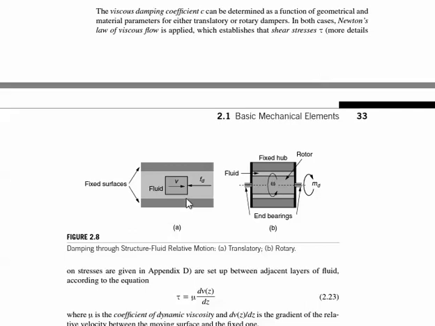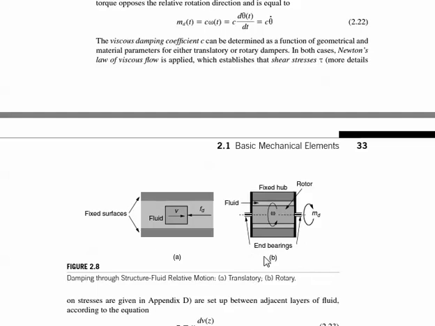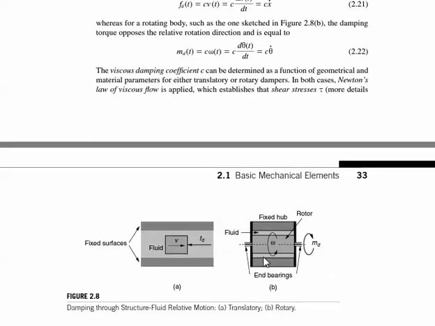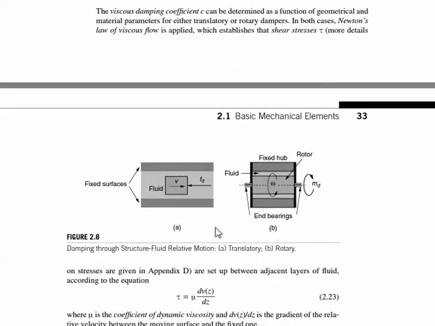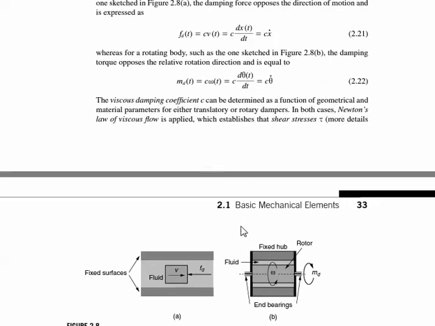Everything in between has a varying velocity, and there are shear forces based on the viscosity of the fluid, which results in a drag that the mass experiences. They go through this at a high level, and in the end you just want a coefficient like resistance. In their case they call it C